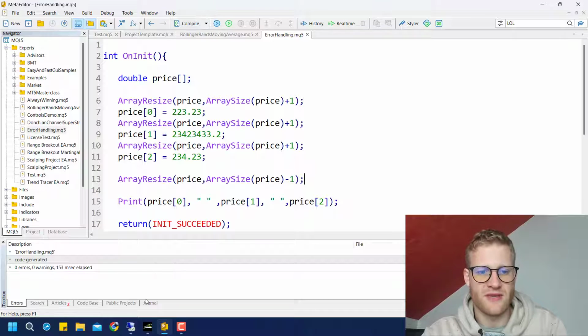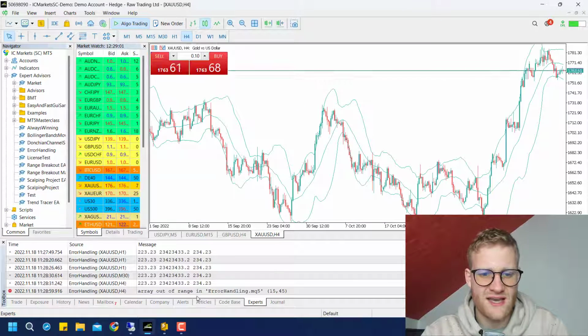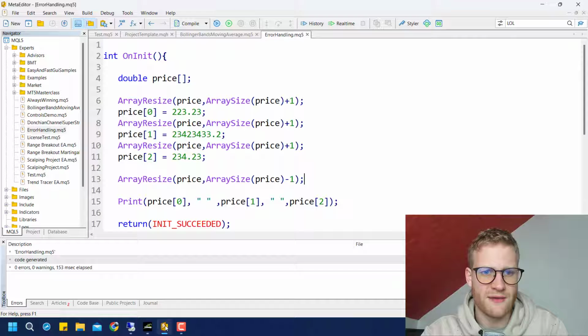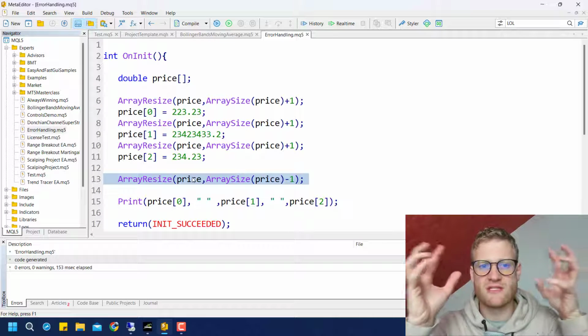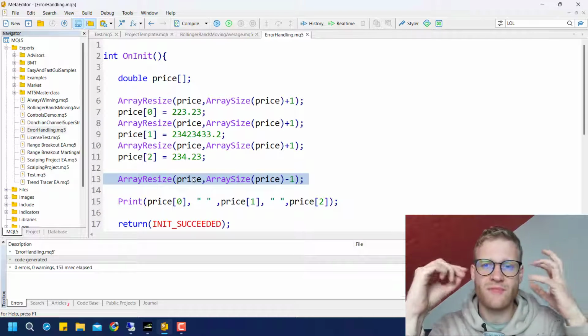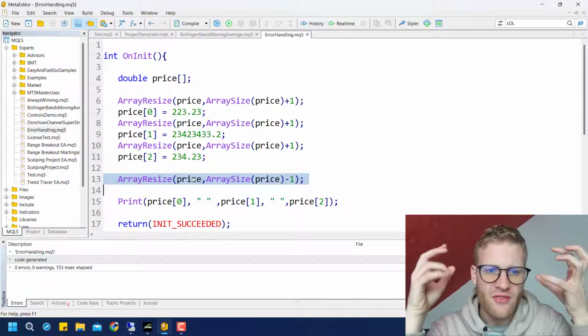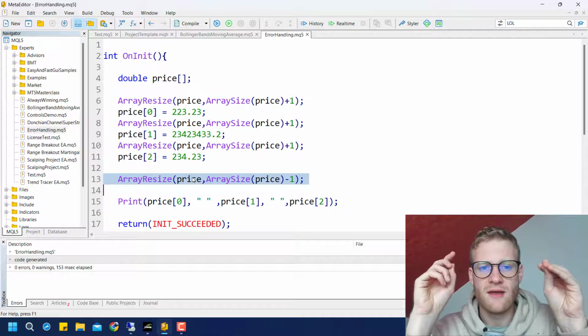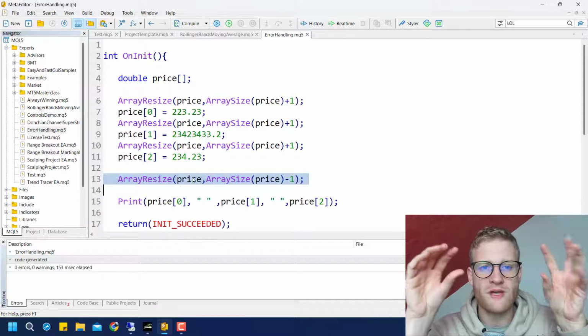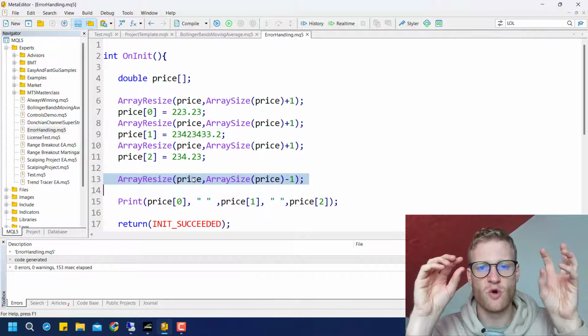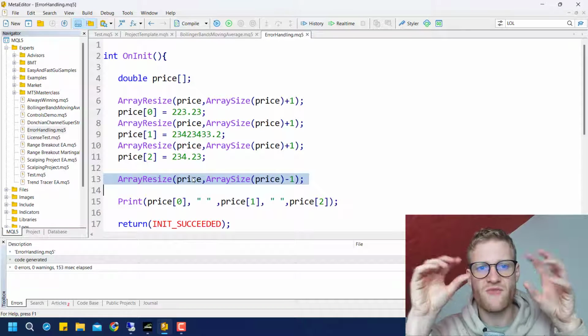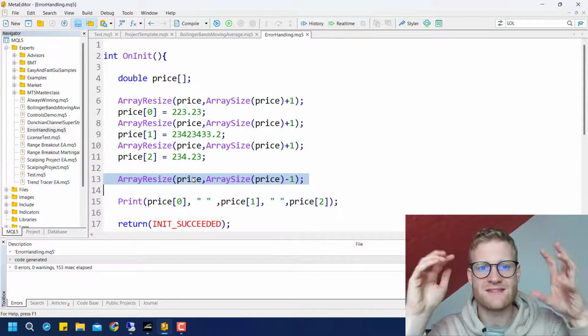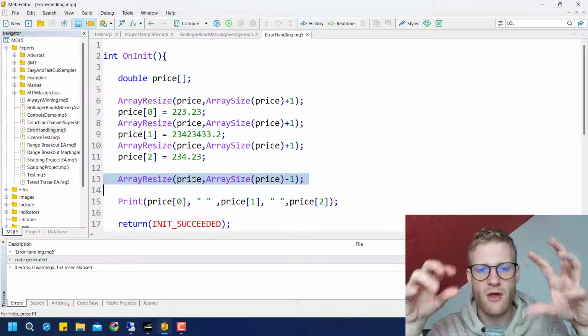You can do something like this. This would decrease the size, and then of course we will get the error again because we cannot print this value at index 2, because we resized the array again and now it's not long enough. So to sum things up here, this array out of range error always pops up if you try to put a value into your array at some index that is not there,